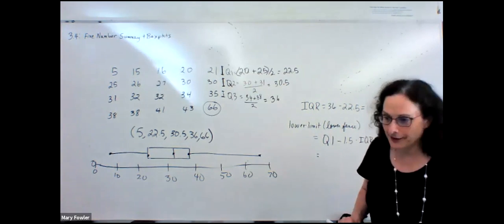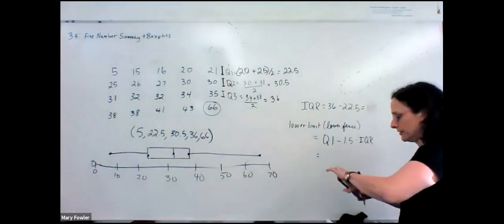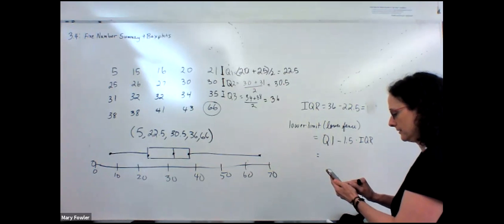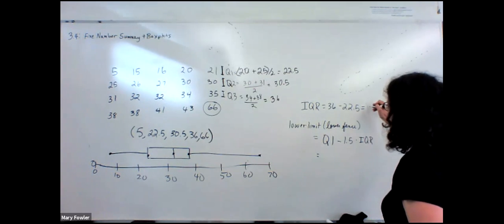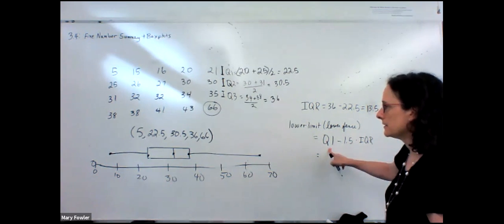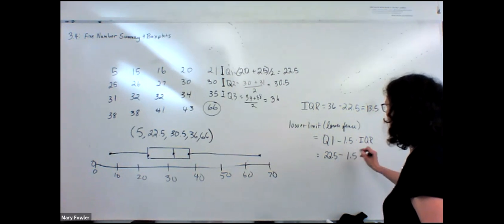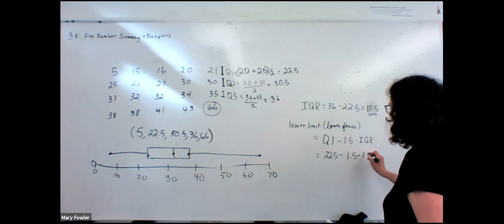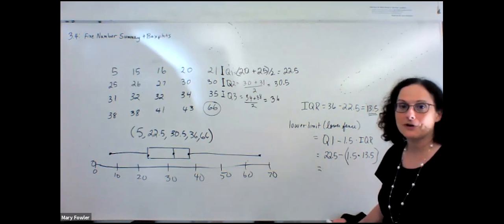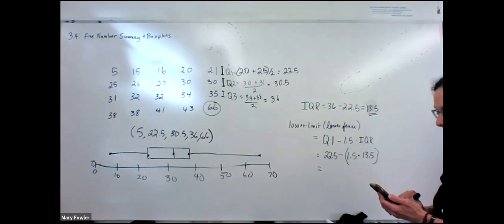Let's go ahead and take the calculator out and find the interquartile range. It's always good to have a little bit of accuracy. Okay, 13.5. All right, so Q1 is 22.5, and I want to subtract from that 1.5 times 13.5. So we'll do that multiplication first, order of operations. Okay, so 1.5 times 13.5, and that gives me